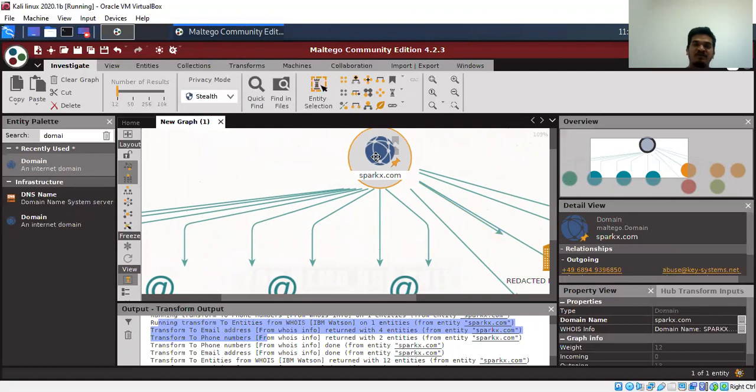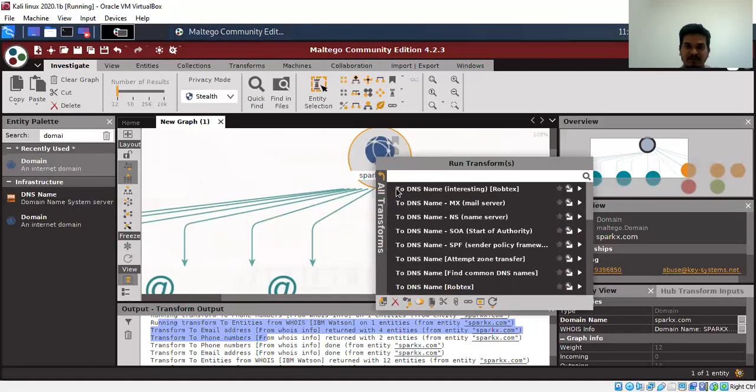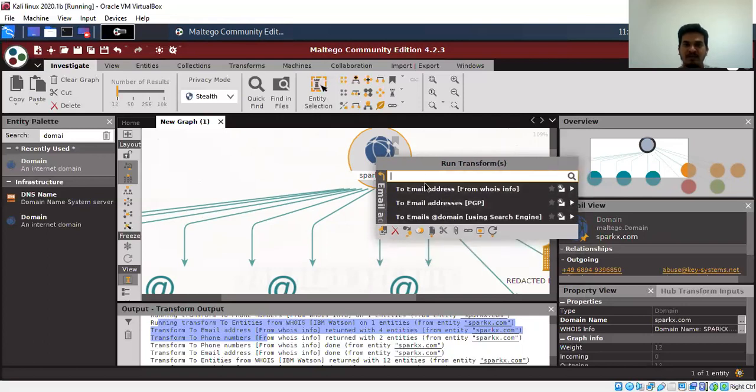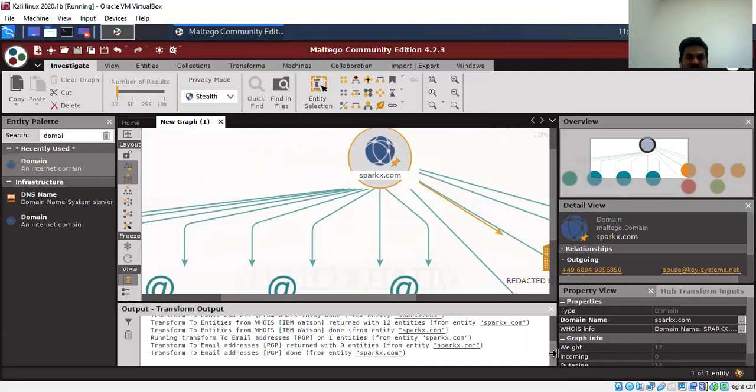For example, if we want only the email information, we can select only the email addresses, the domain mail. Just we can search for email, and the transform will search for this.